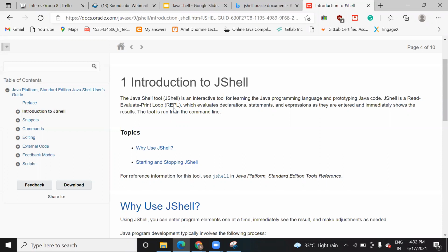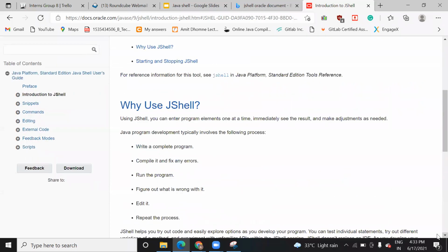This is completely based on the command line. Here we don't need to use any editor like IntelliJ, Eclipse, or Notepad in order to write the code. And here you can run the code without the main also, because you are running it line by line. That is the reason it's called, where you run element-wise. Here you don't need to depend on the complete syntax for running the code.